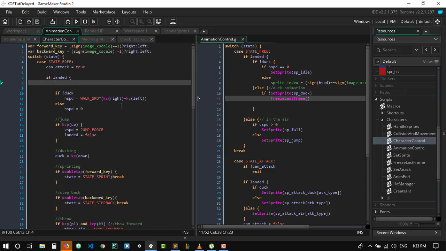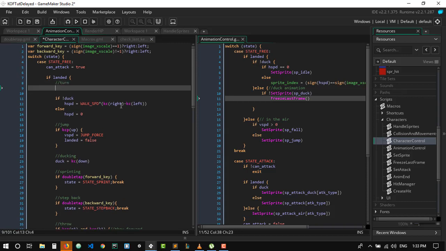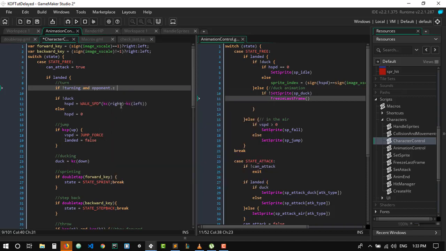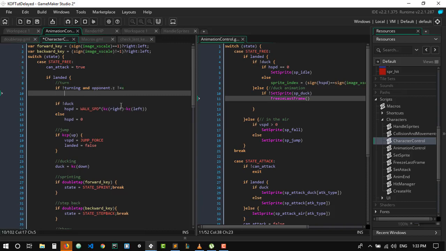So let's go ahead and add this turn-in mechanism. We're going to check if we are not turning and our opponent is not on top of us. So in this case, we're going to check whether we can turn or not. And we only want to turn if we are in the free state and on the ground. So in this case, turning will be equal to